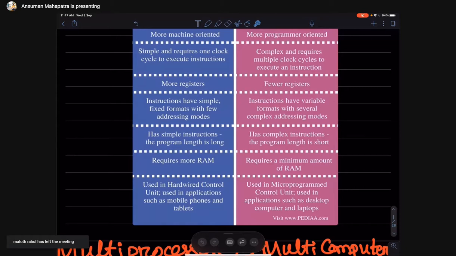So CISC handles things very fast. For the programmer the instructions are very simple, so coding is very simple. And for RISC you need more registers, because you have to bring everything to the register and then do the operation.